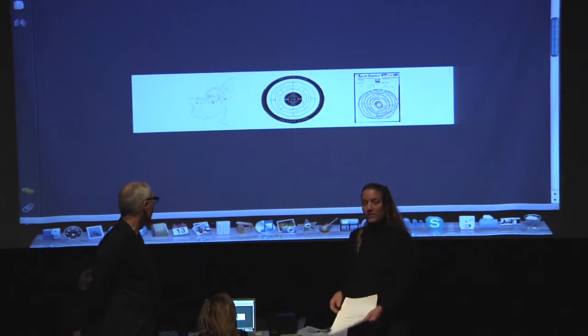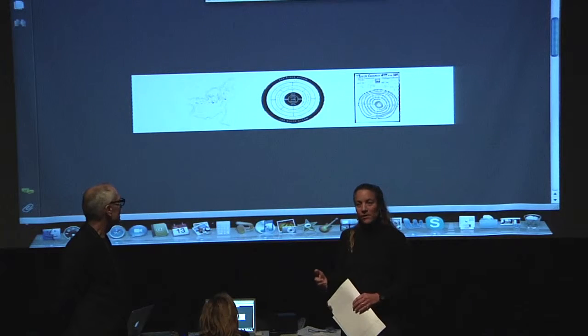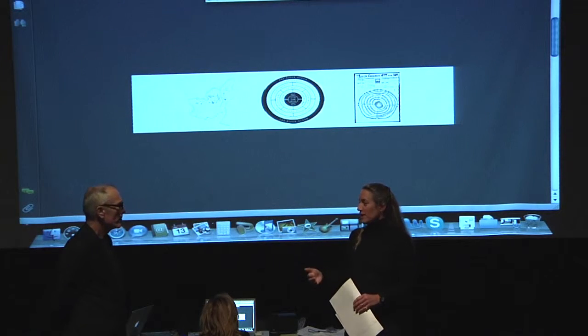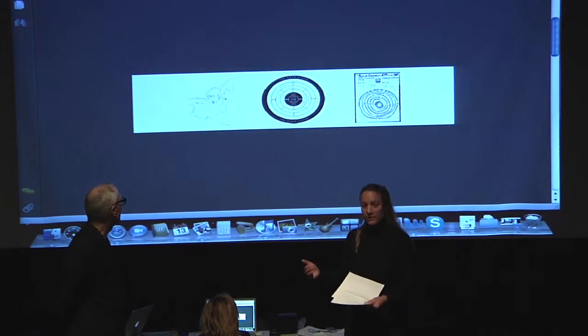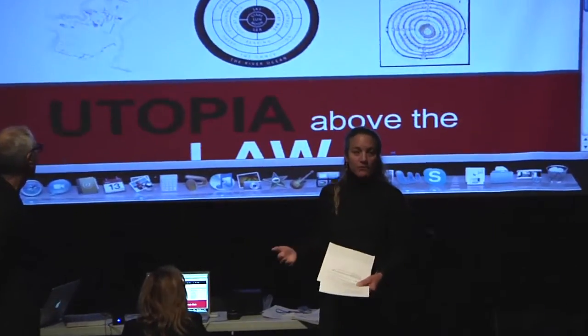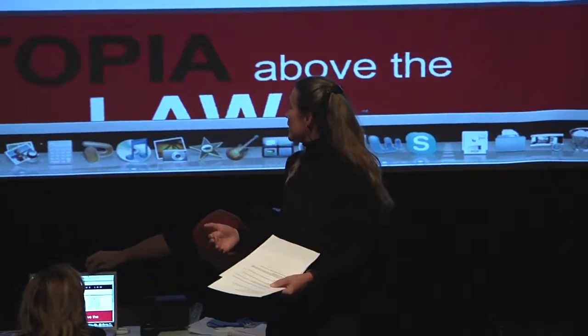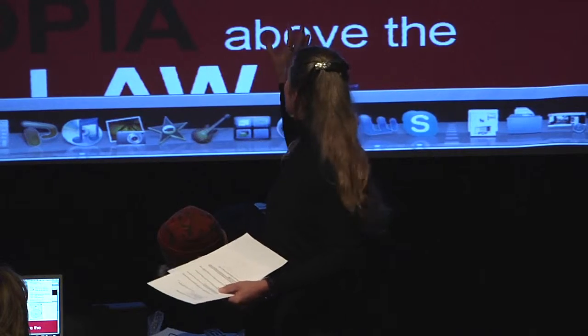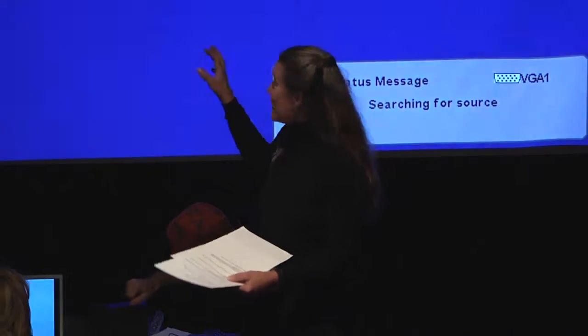This project really begins with the beginning of any utopian project, which is the establishment of a boundary. Because a utopia, and these are all utopian schemes, all three of them urban, you first need to define your boundary.